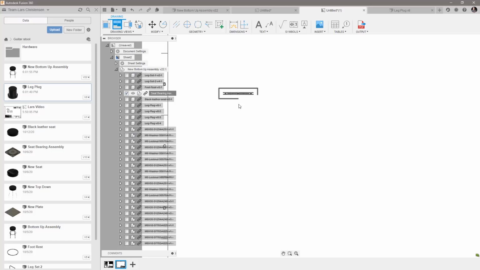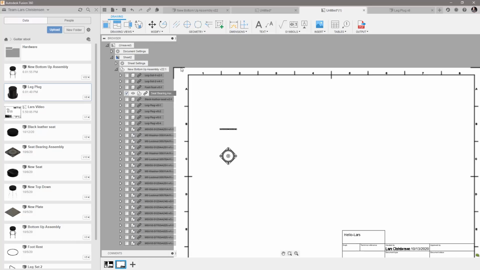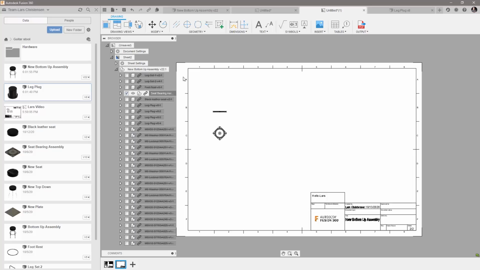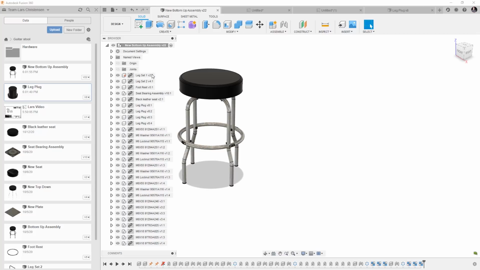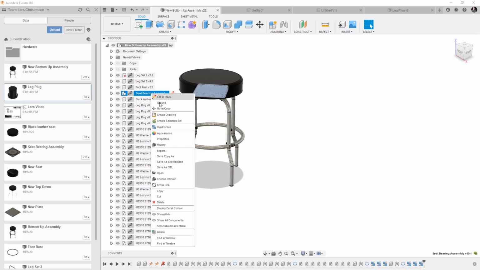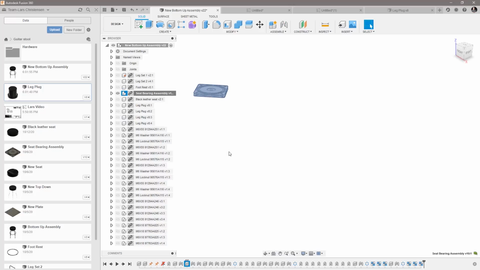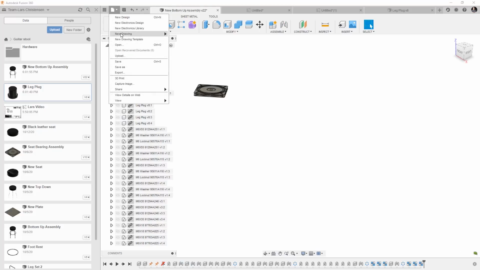I could now start creating my different drawing views from that. But another way to do this that is pretty cool is a new function called visible only. If I go back to my main assembly and I take that seat bearing, I right click and I do isolate. If I go up now to create a drawing from design like we've done before,